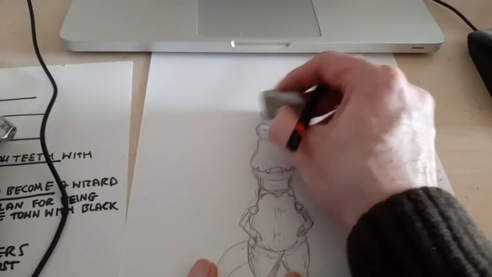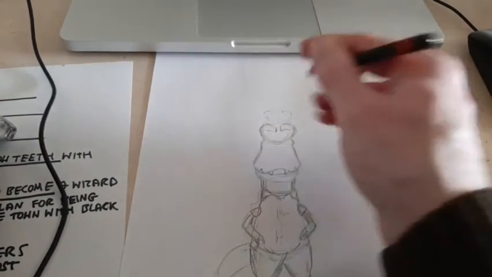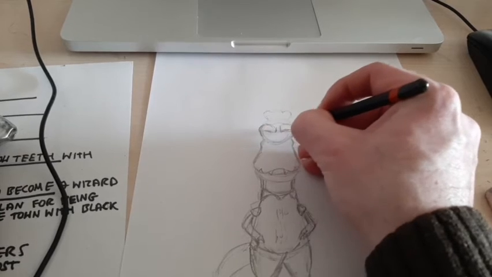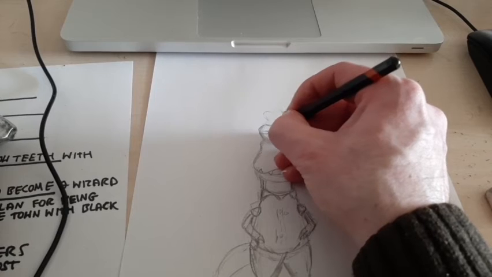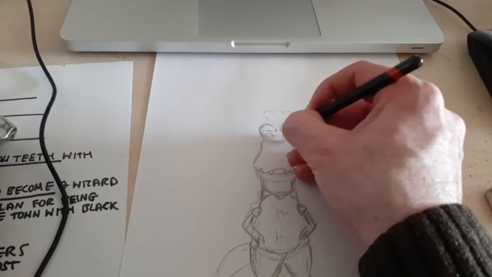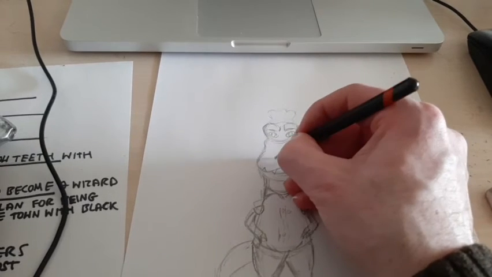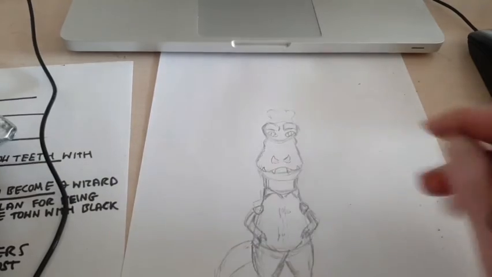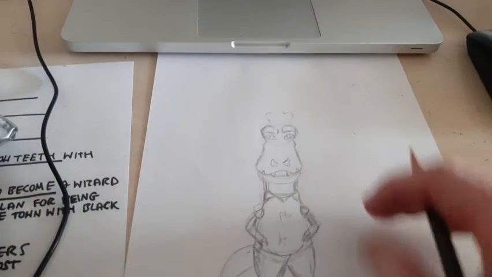It's trying to give him a Postman Pat type of hat. Trying to draw it the way I want to draw it. Then when you're happy with the shape, you can start